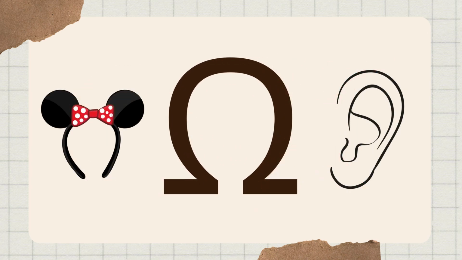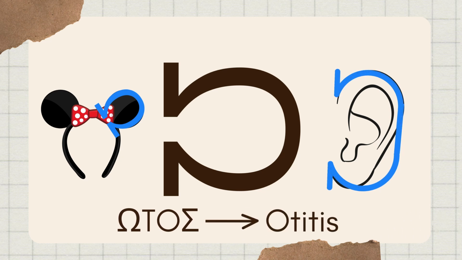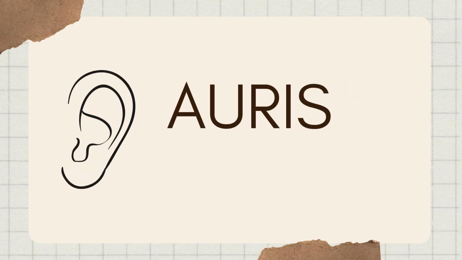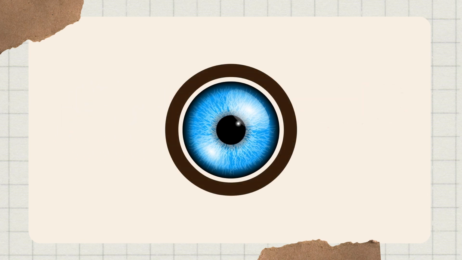The letter omega, or long O, represents an ear in Greek, which was called otos, effectively starting with the letter omega. The word otos gave notably the word otitis in English. However, in Latin, the word for ear is auris, which starts with the sound a, or the diphthong au. In contrast, in Latin, the word for eye is oculus, and thus starts with the O sound, just like in Greek, ophthalmos. It is likely that because the word for eye begins with the O sound in both Latin and Greek, the Latins chose to preserve the pictographic significance of this letter.